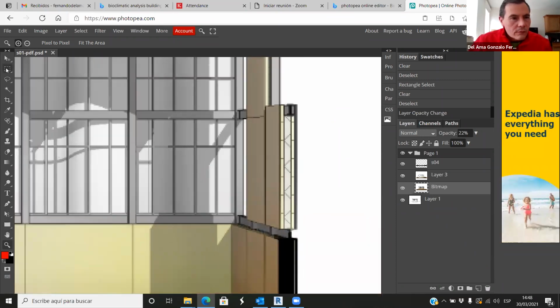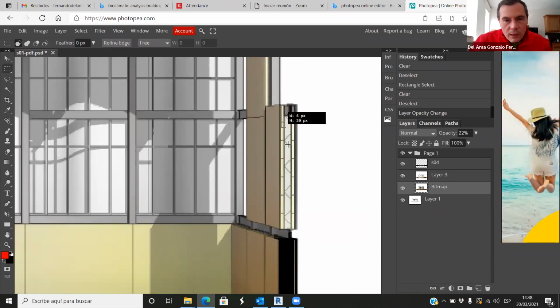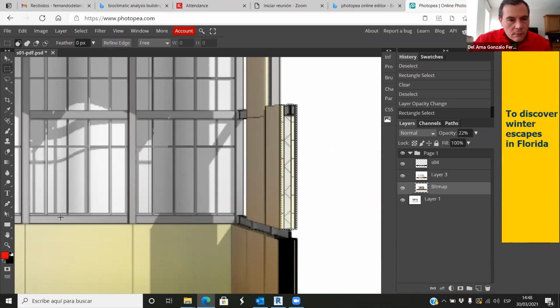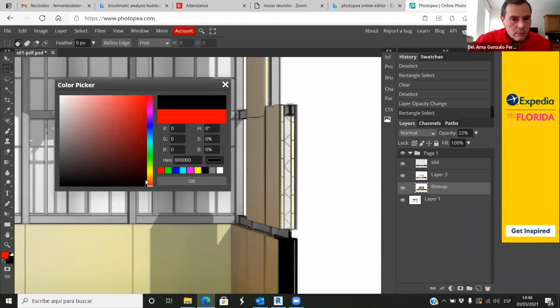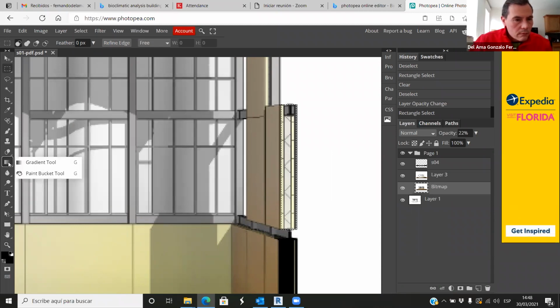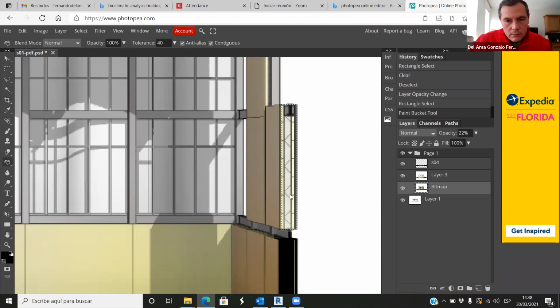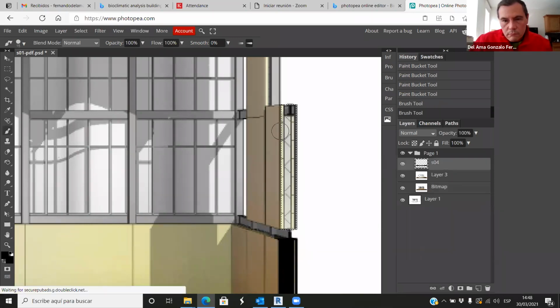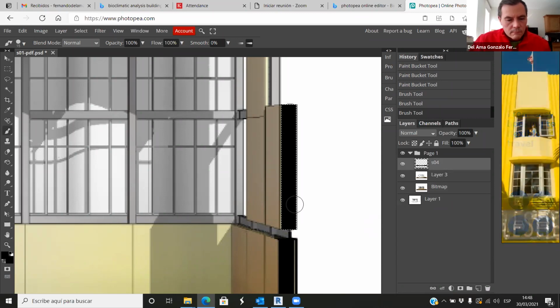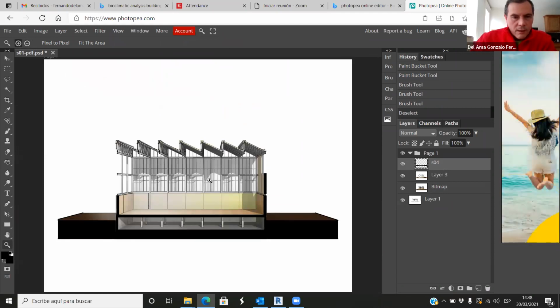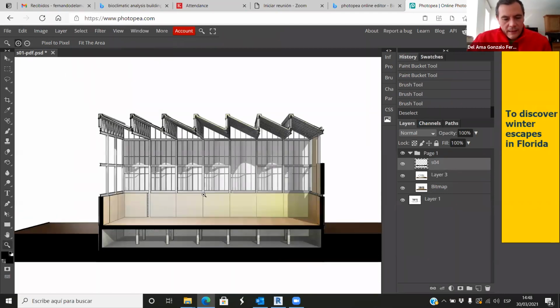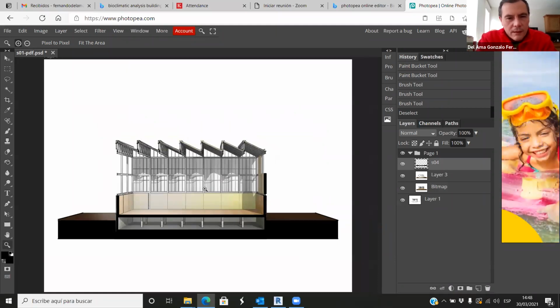And now we have to control this because all this has to be black. So I'm going to make it bucket. There you go. Okay, so I like this view now. And now I want to work